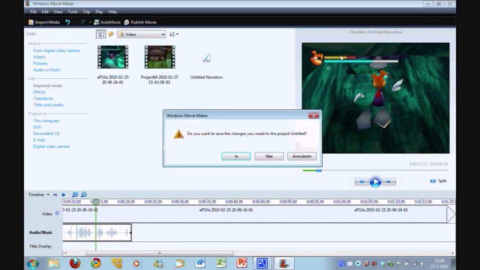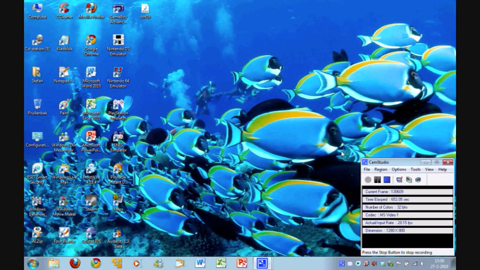To record videos directly from my consoles, most of the time my GameCube, I use my Dazzle capture card, and I have this program that comes with it. But I don't really have time to show you that, and I don't have it set up yet. So as soon as I have set it up,